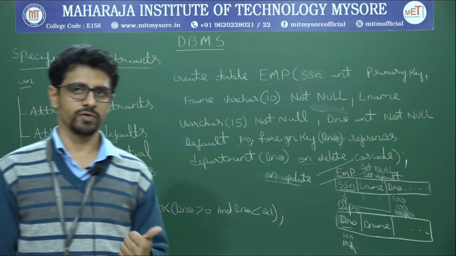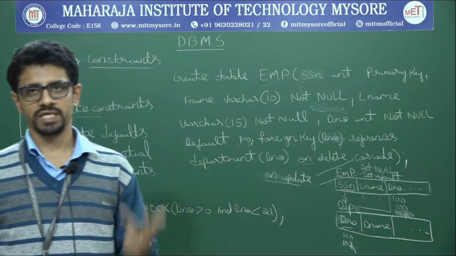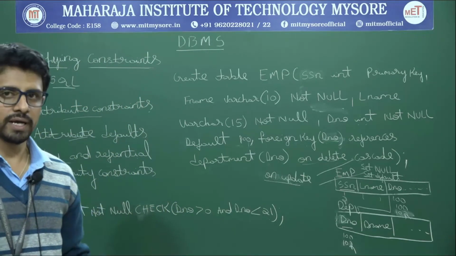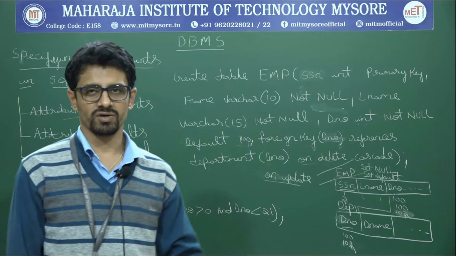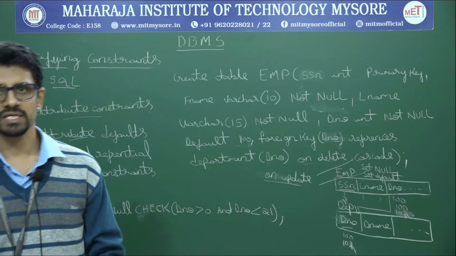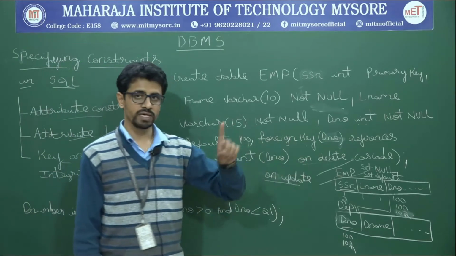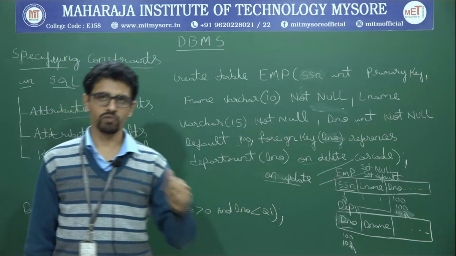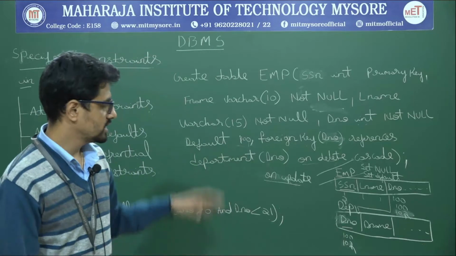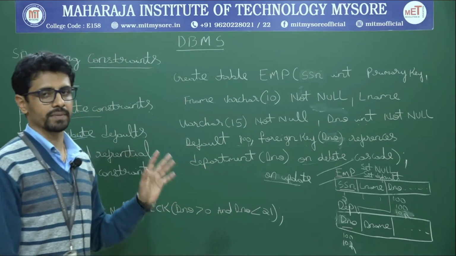So on delete we can perform cascade, set null, set default. On update you can go for cascade or set null, set certain times, as well as set default certain times. Okay, so this is to be specified only in the foreign key table. Anyhow we will be practicing this in your practicals. They will have a clear insight of what exactly I am telling you.